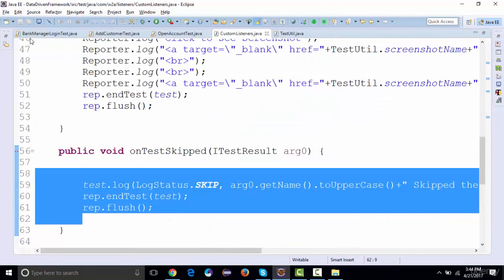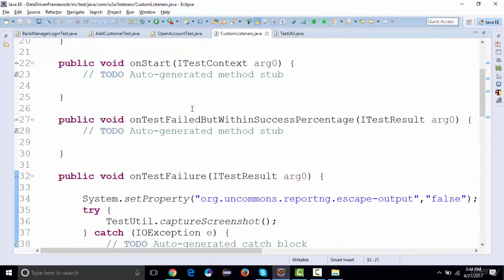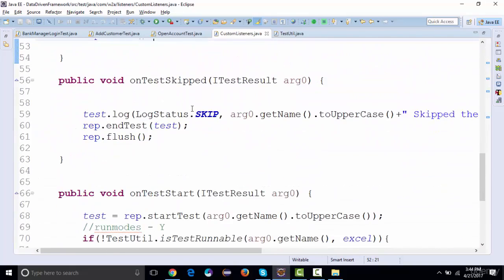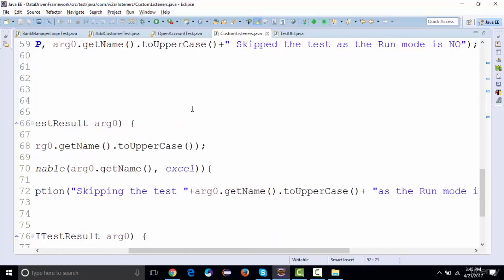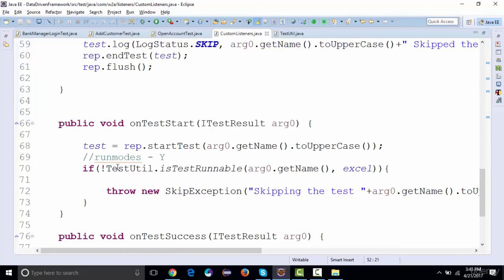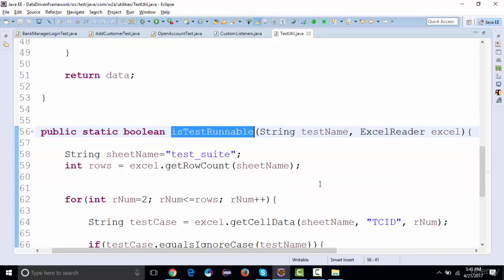We'll check the listeners first. So on test start, we are actually checking if test util dot is runnable. If it is not runnable, right? So we have actually used throw new skip exception. Everything looks fine over here. There shouldn't be any issue over here. Let's just check the method is runnable. So what we have written over here,